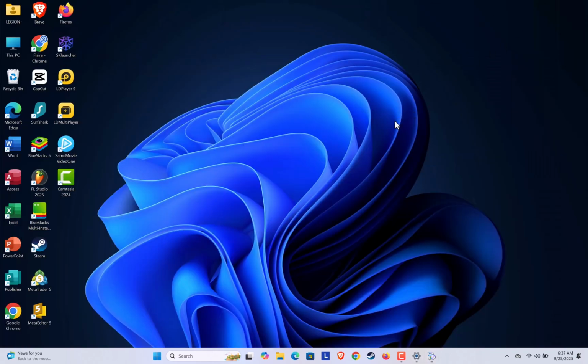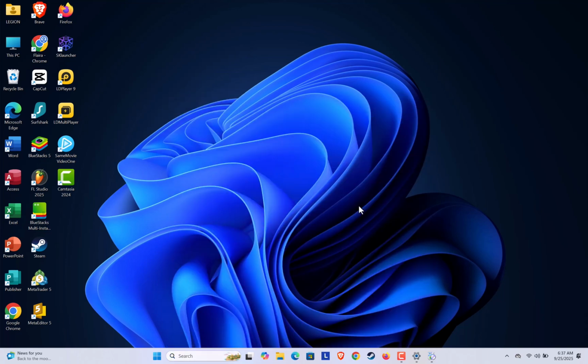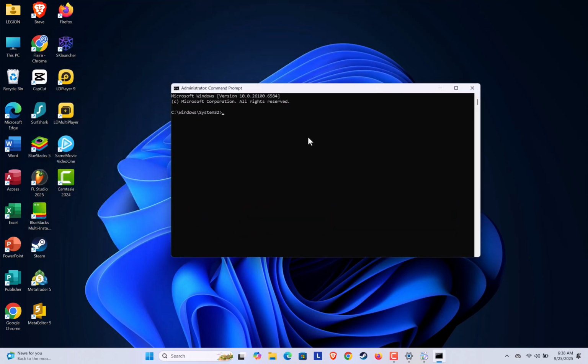If repairing Edge doesn't solve the issue, the next step is to check your system for corrupted files. Click on the search bar, type CMD, then choose Run as Administrator. Click Yes when asked for permission. Make sure the window title says Administrator, Command Prompt. Now type the following command,